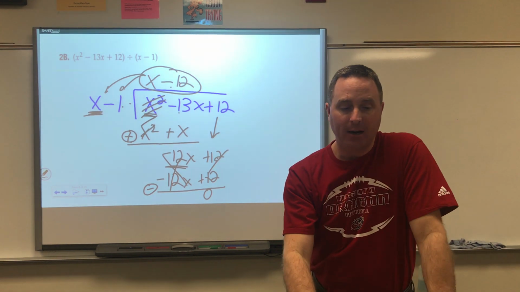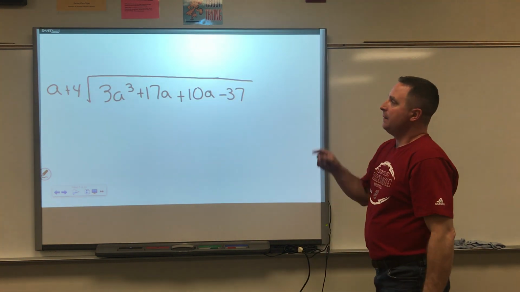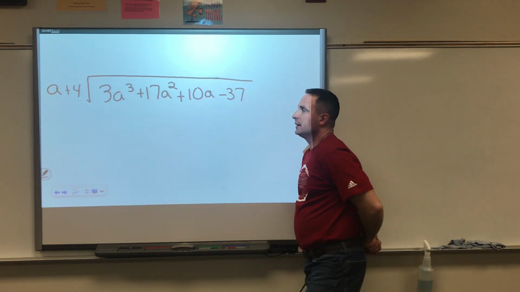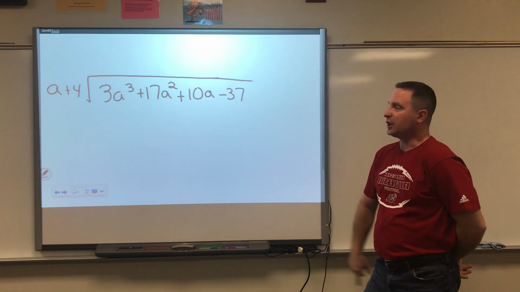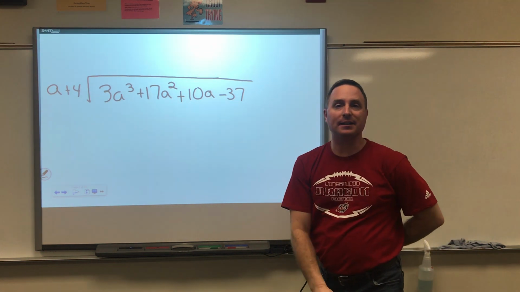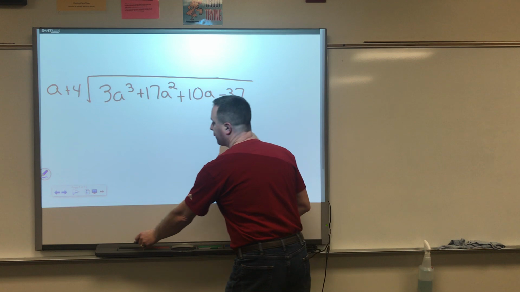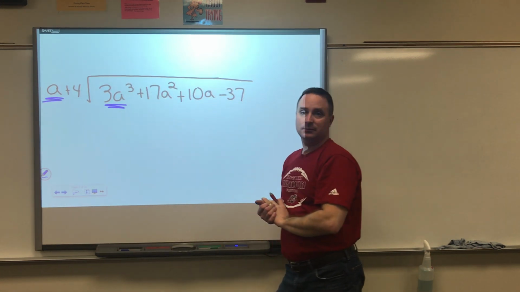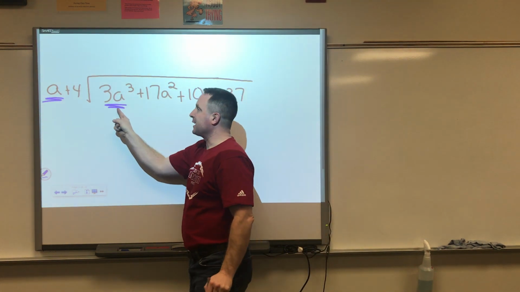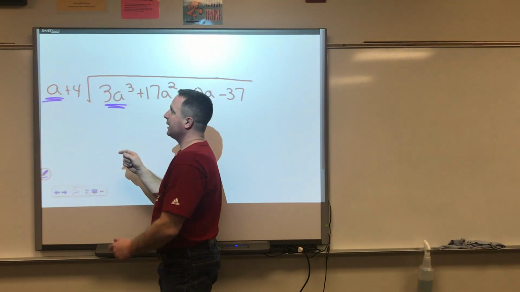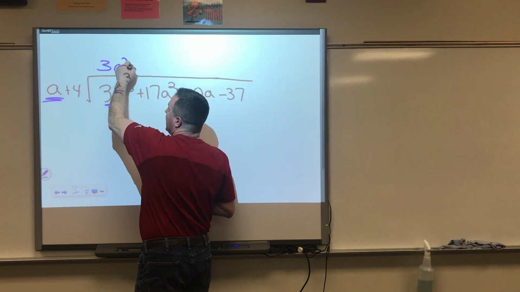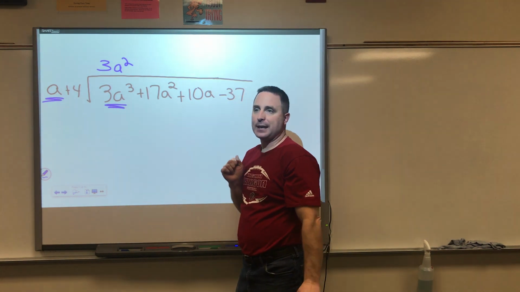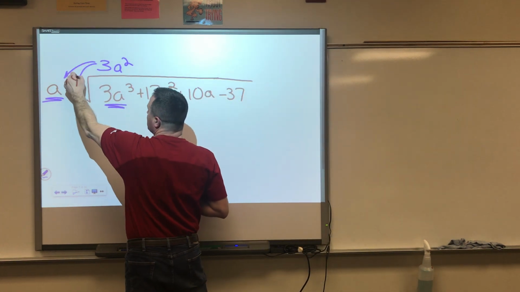Okay, all right, I got one last one here. Look at this one. Whoops, and I forgot to write a squared right here. It has just 4 terms under here. Is that okay? Yeah, we do the exact same thing. I'm going to start out front out here with a and 3a cubed. What do I multiply a by to get 3a cubed? Well, I need a 3, and I need 2 more a's. It has 1. I need 2 more to get to 3. So a 3a squared. Then I'm going to distribute